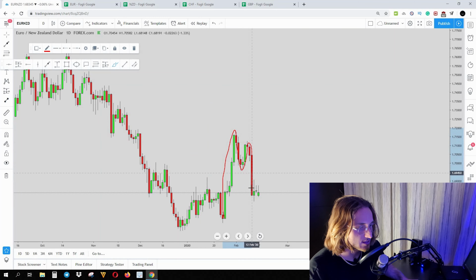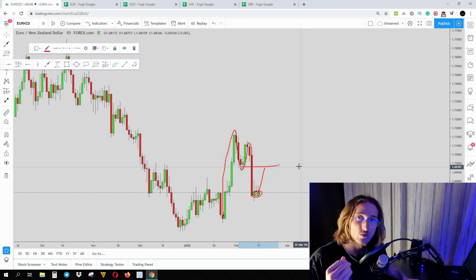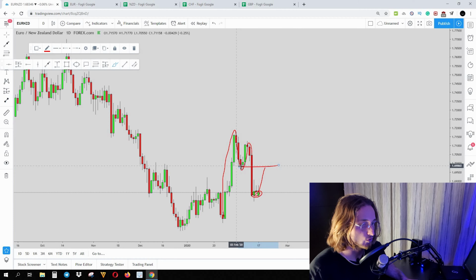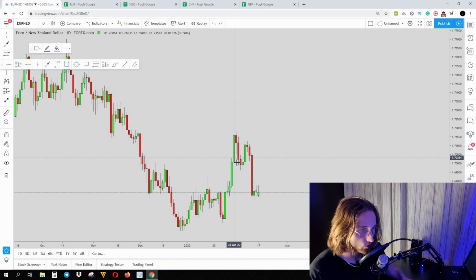Okay, the market has created a very clean M formation, and from here we want to see a retracement. Now we want to see a retracement to where? We want to see a retracement to the neckline, the previous support turned resistance here. So overall, we want to see this nice push to the upside to go and retest the neckline, previous support